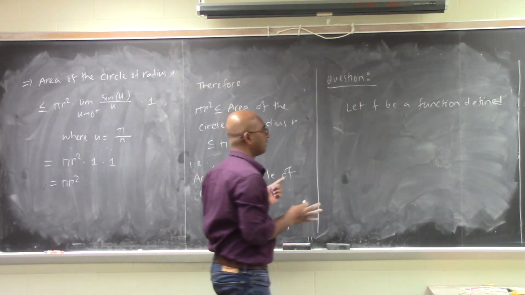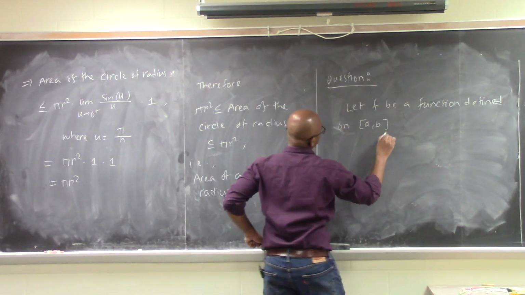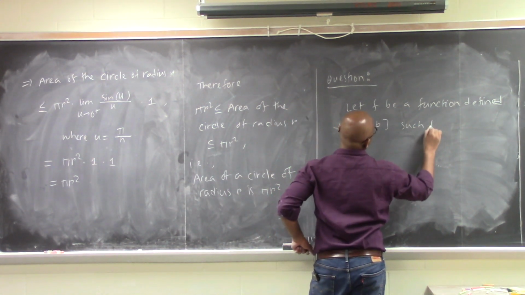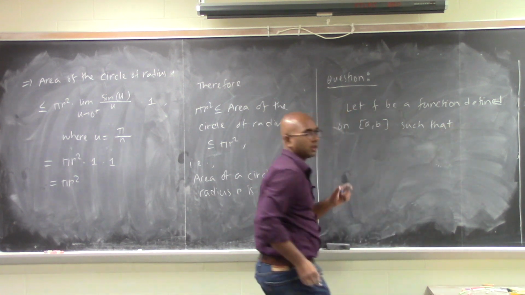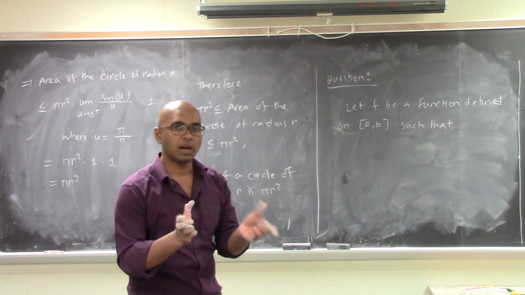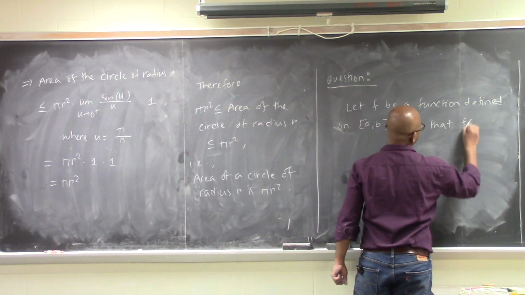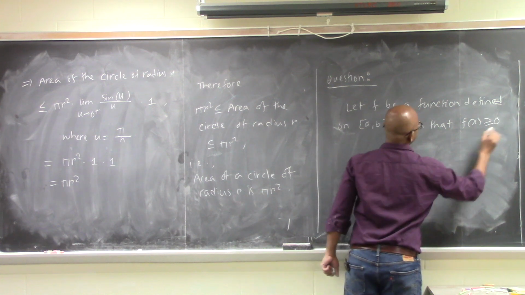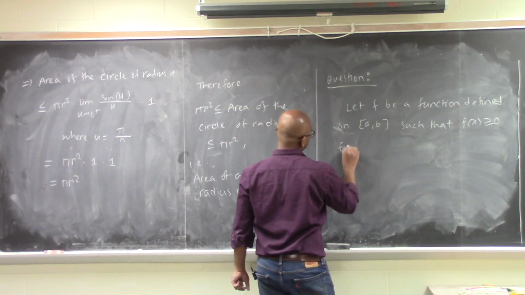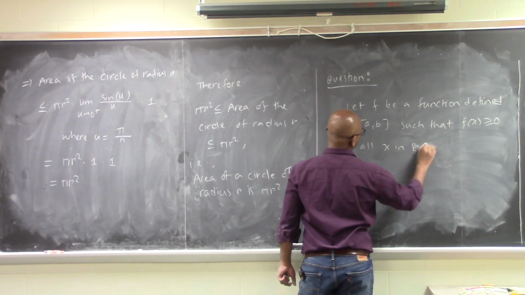We need bounded interval for this, on a b, such that, okay, we need one more thing, or we can actually relax that restriction, but for now just to motivate the thing, such that this function is positive. Okay, f of x is positive or 0 for all x in a b. Okay,